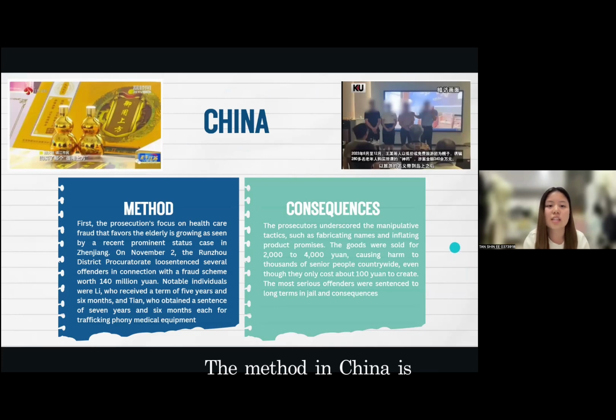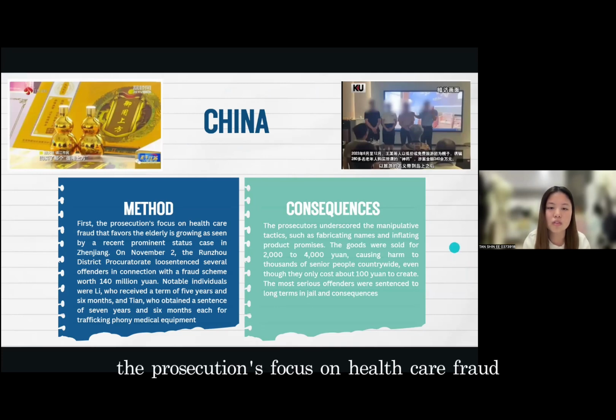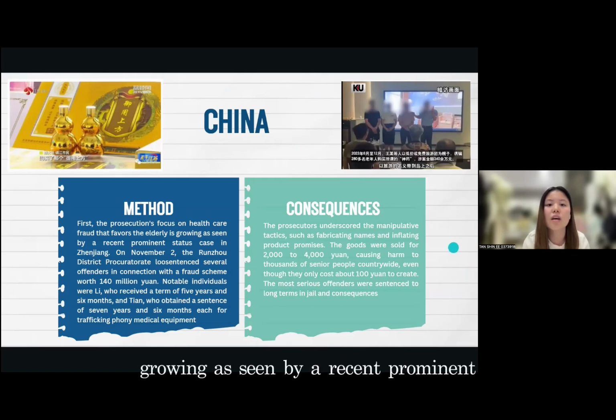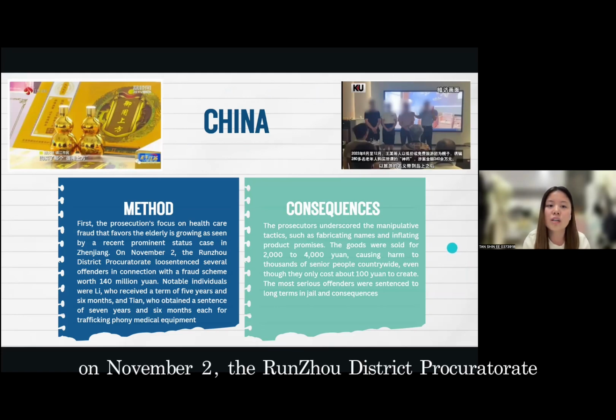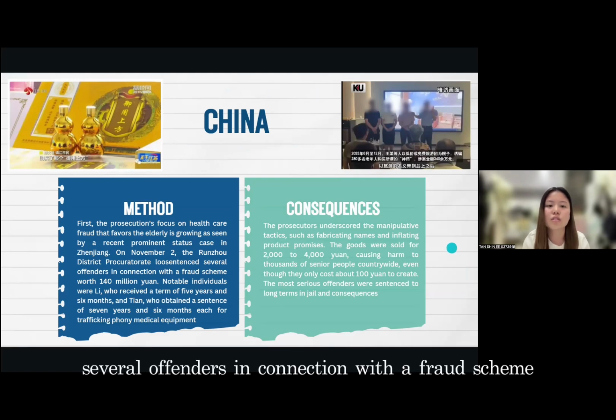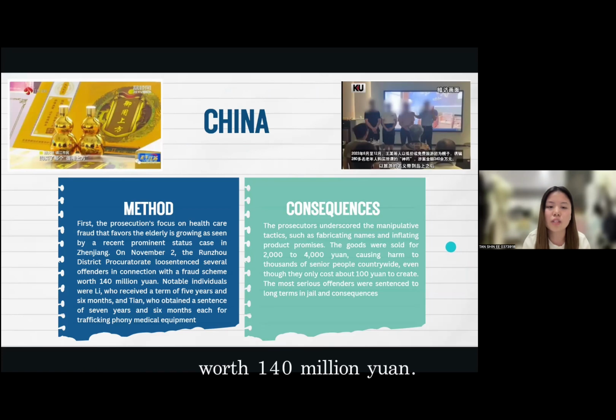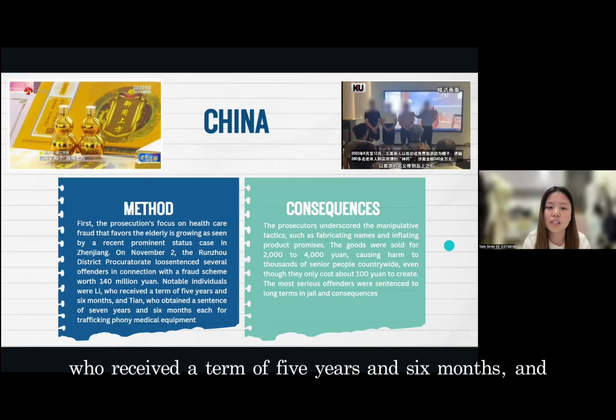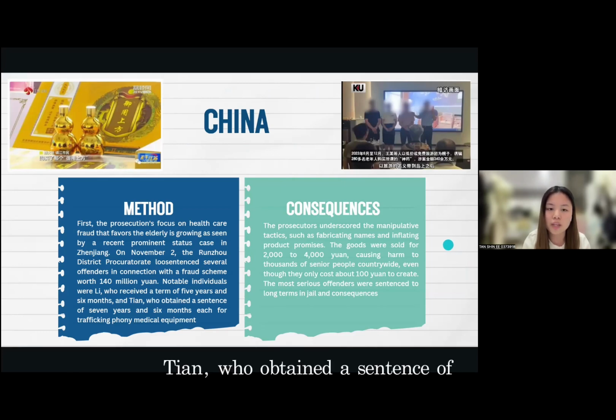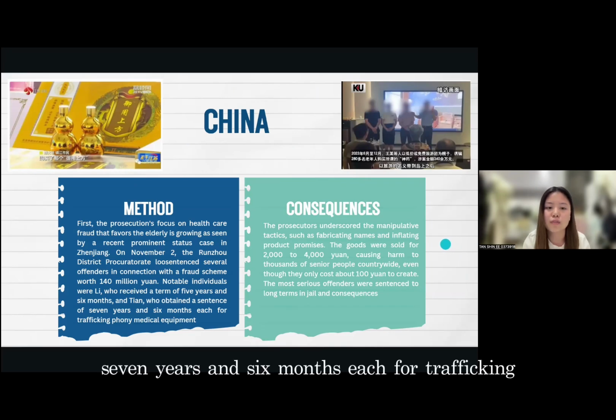The case in China shows that prosecutors' focus on healthcare fraud targeting the elderly is growing, as seen in a recent prominent case in Zhenjiang. On November 2, the Runzhou District Procuratorate sentenced several offenders in connection with a fraud scam worth 140 million yuan. Notable individuals were Li, who received a term of 5 years and 6 months, and Tian, who obtained a sentence of 7 years and 6 months, each for trafficking